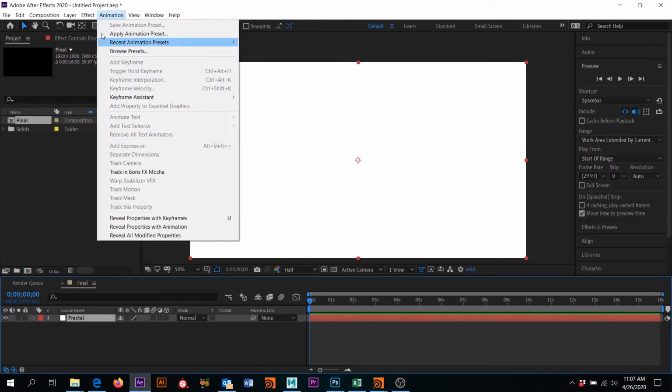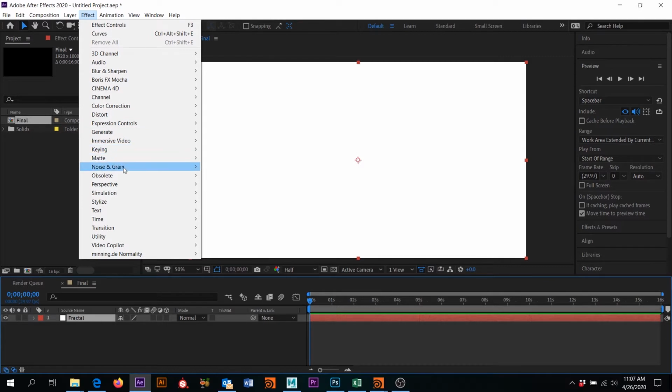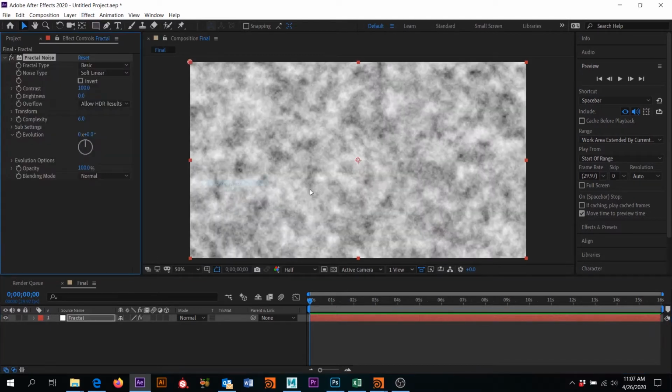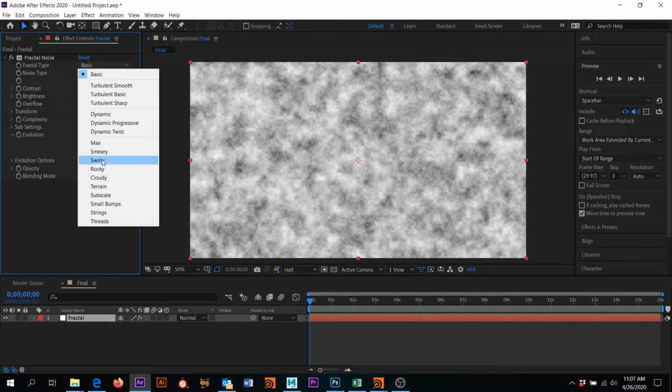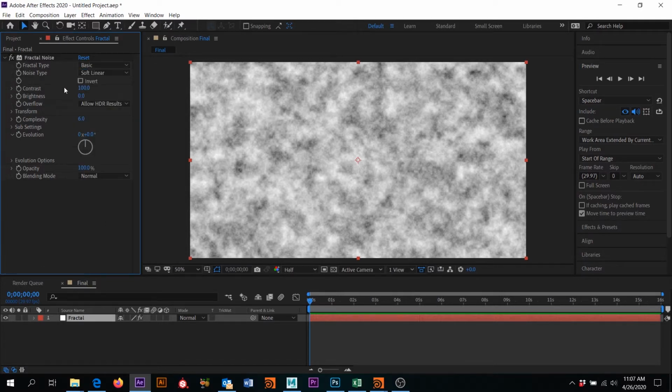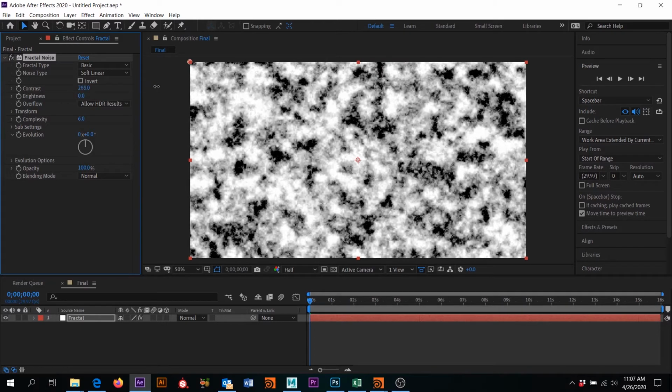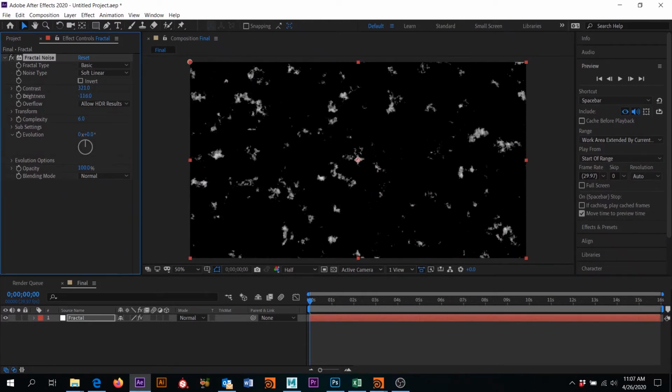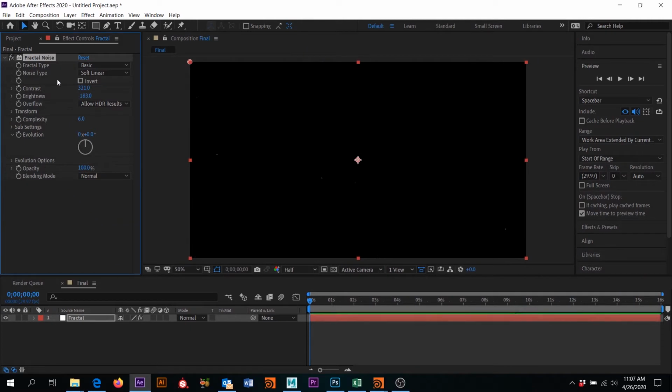Inside After Effects, you'll see if you go to Noise and Grain, there's a fractal noise, and you can make all sorts of different effects with the fractal noise. If I go ahead and select that, you'll see that we get this noise type of effect. We have a bunch of different types, so we'll look at that. But I did want to show you this too. If you contrast this really high, and then you take the brightness way down,